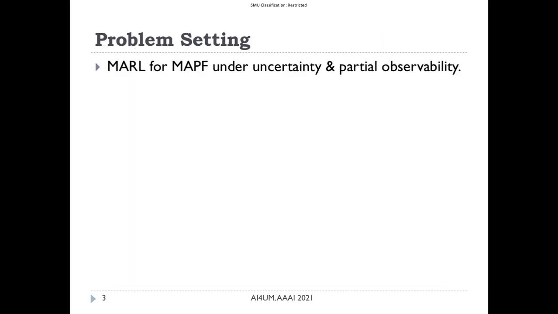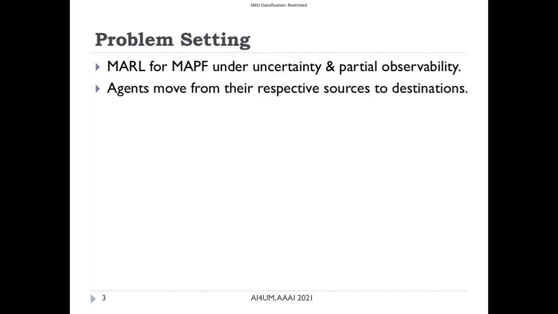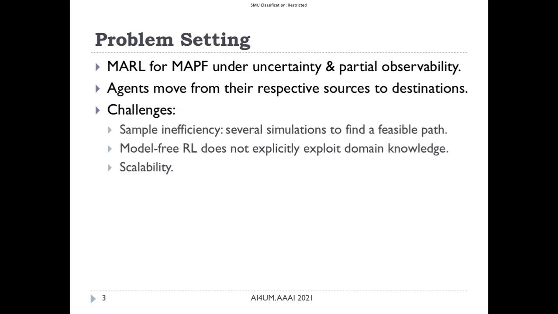To model decision-making systems, we use multi-agent reinforcement learning for multi-agent pathfinding under uncertainty and partial observability. The task is, given a map and a bunch of agents with their sources and destinations, those agents need to go from their respective sources to destinations while also satisfying some constraints. Some of the challenges that we tackle are sample efficiency, since the agent might take several simulations just to find a single feasible path,